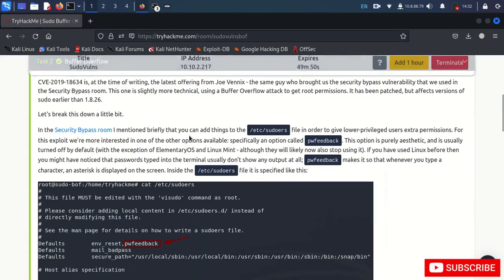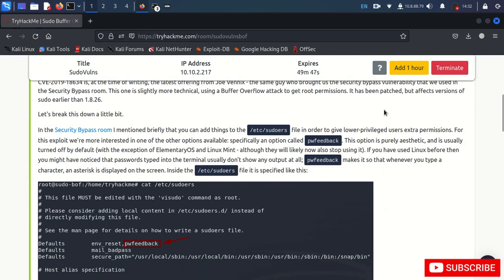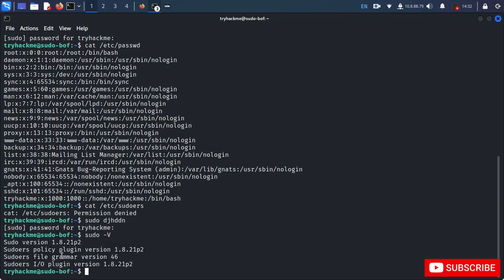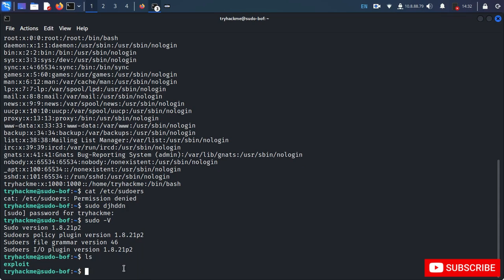With that said, if I go back, they said that this affects sudo versions below 1.8.26. If I check the sudo version of this server, let me press Ctrl C and type sudo -V, and it says 1.8.21, which is below this version. Now with this we can confirm that this is vulnerable to a buffer overflow attack, and now we just need to execute the exploit code. As I said, the file is already given here. If I type ls, here is the exploit code, just type ./exploit